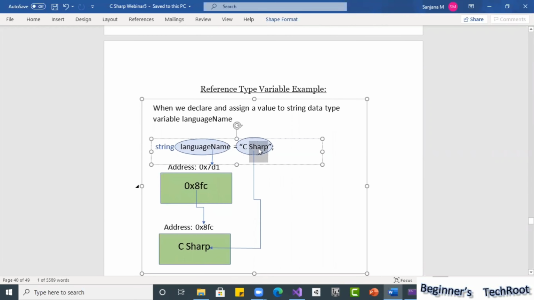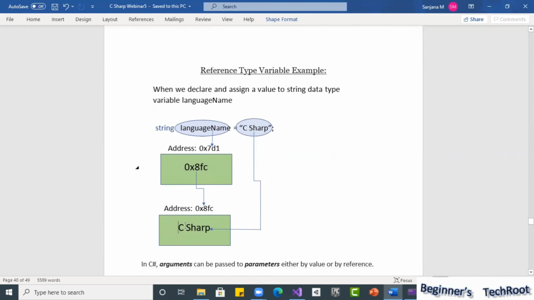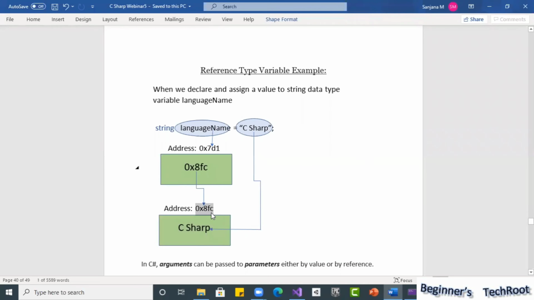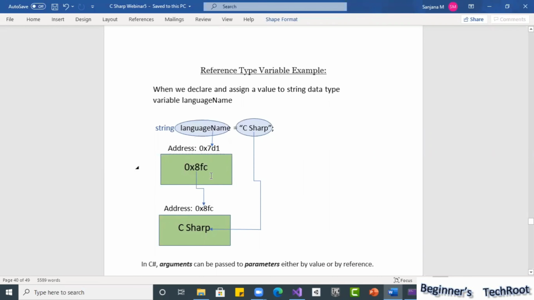This C# will also take a separate memory location, and that value will be stored there. Every memory location has an address, right? This also will have one. This address will be stored in the language name area. Whatever address is allocated for the value, that memory address is stored in the variable. So that is the reference type.